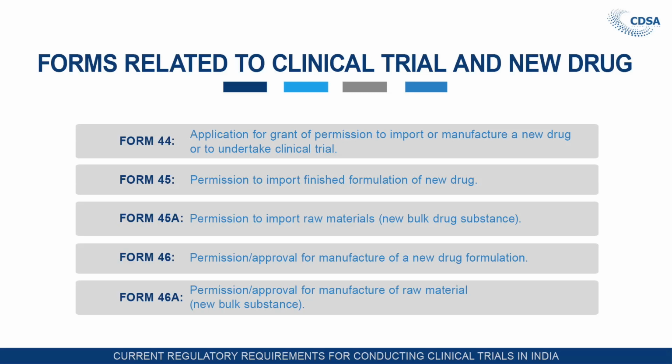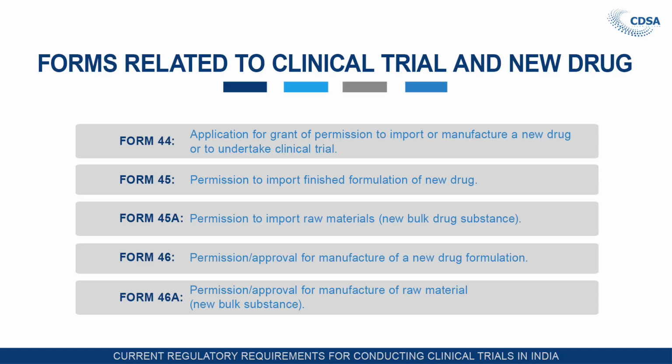In this form, the applicant has to submit the name of the firm that is applying, then the particulars of the new drug, that is its dose, dosage form, strength, name of the drug, its international name, then the regulatory status of the drug, whether the drug is withdrawn from some country, whether it is prohibited in any other country, the reason thereof, or if it is approved or marketed in a country, that regulatory status has to be given in this form.